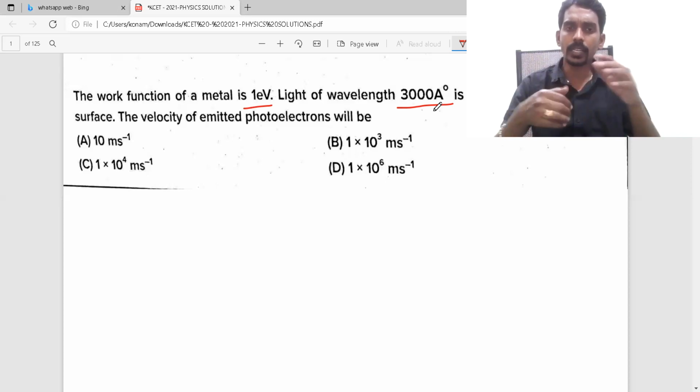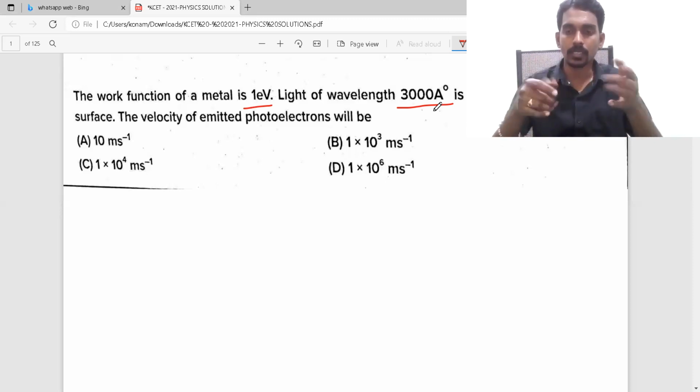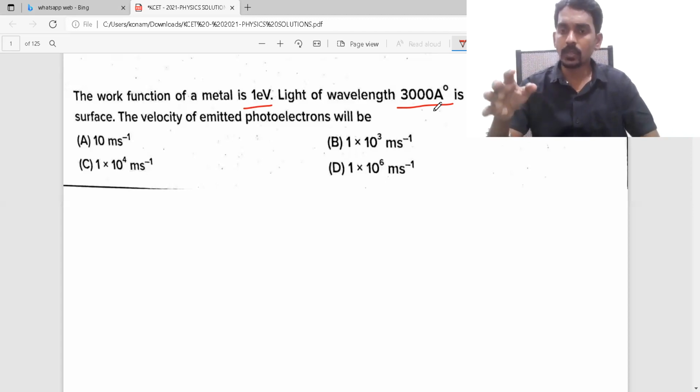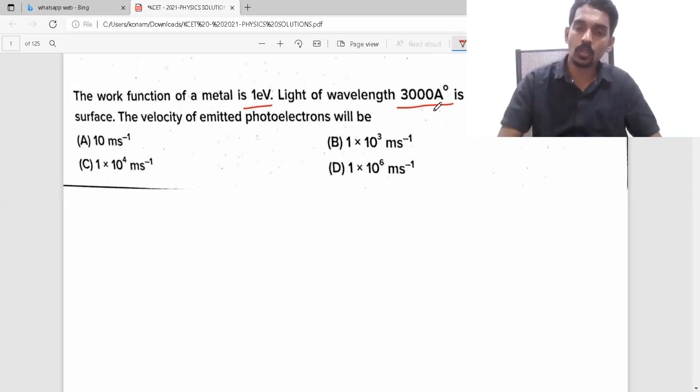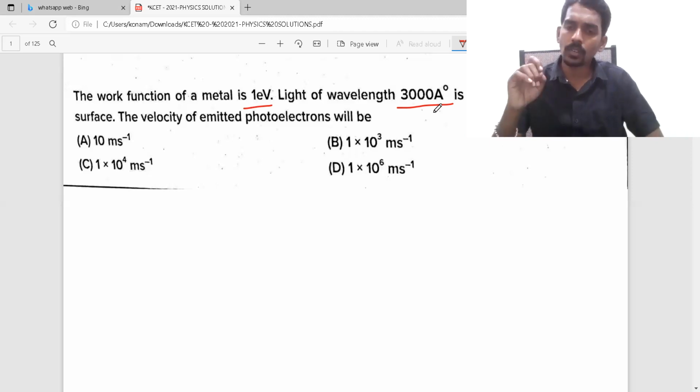Then after getting that, you can directly convert electron volt into joules using 1.6 into 10 power minus 19. So you need to know that shortcut formula, do the calculation, and convert properly. Then you have to equate that to half mv square, where m is the mass of the photoelectron. Please don't get confused about where the mass is; they are talking about the electron, so the electron mass is a known thing, 9 into 10 power minus 31 kg. You need to understand all these things, take the formula, and solve it in 1 minute.